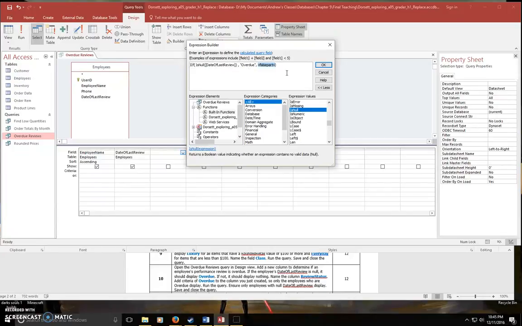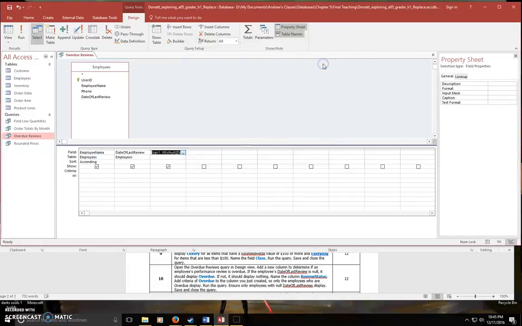Default part would be blank. Alright. And the expression name for that is review status. And now we also have criteria that only overdue